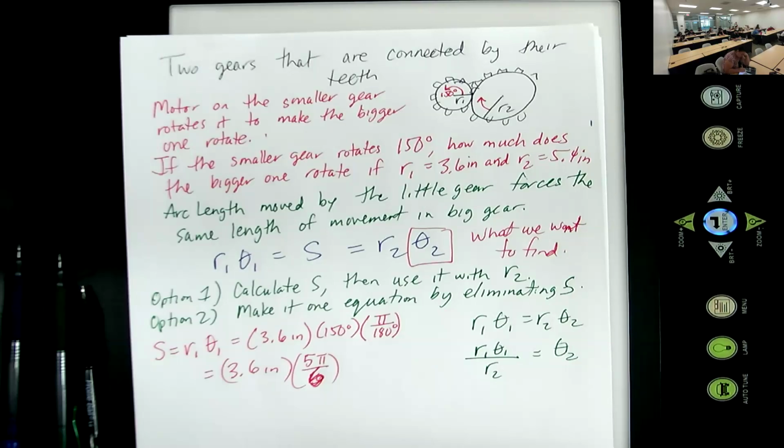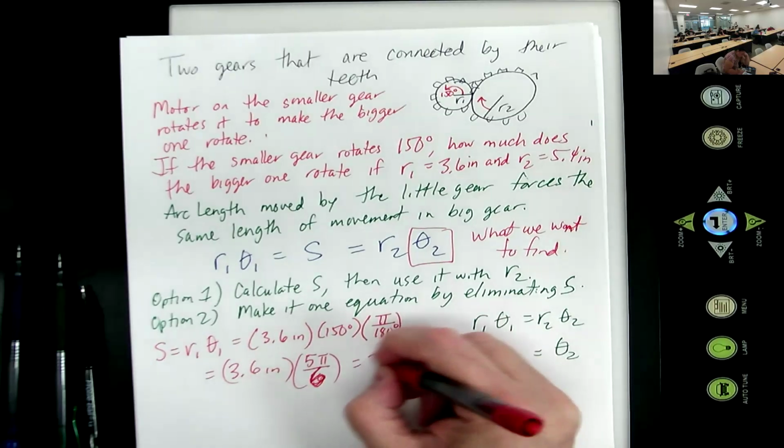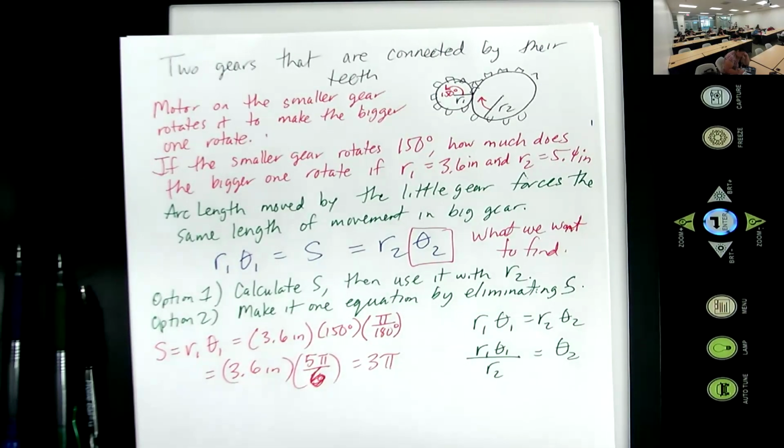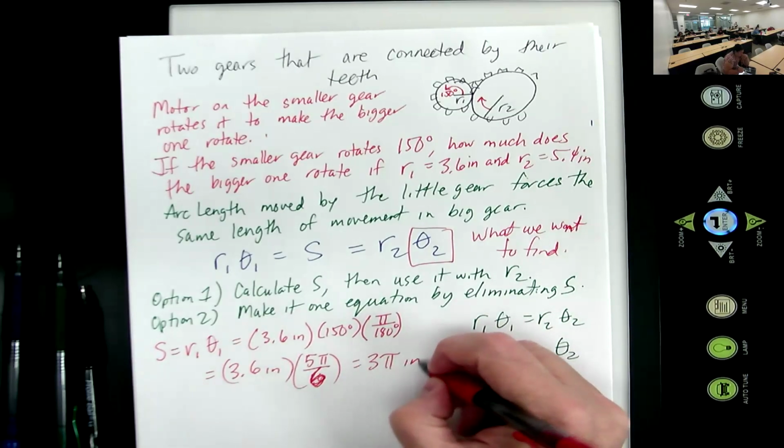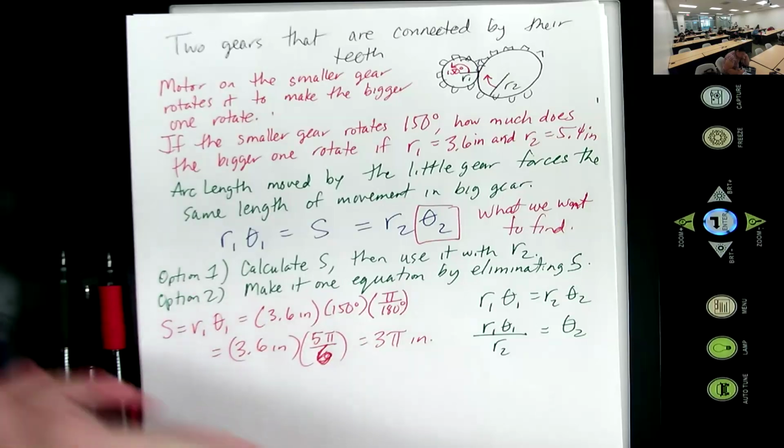3.6 times 5 divided by 6 equals 3. This is 3 pi. That's convenient. That's too convenient. Wow, perfect number. So this is 3 pi inches, and then we'll do that with